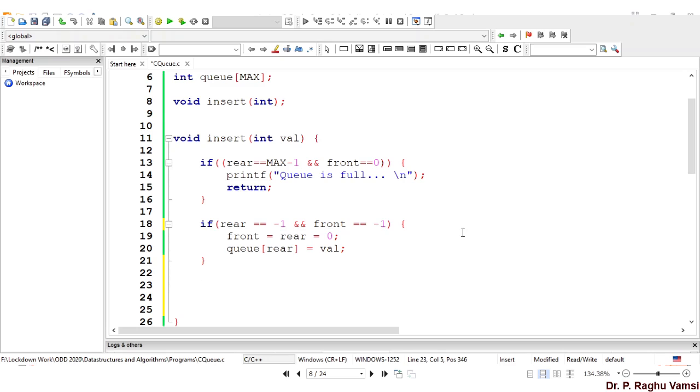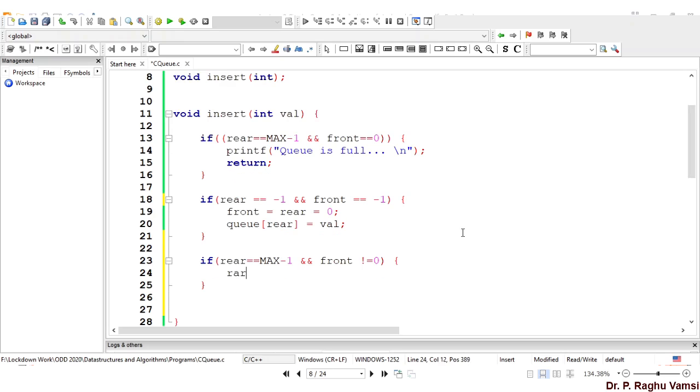Another condition we need to check is if rear equal to max -1, that means almost rear reached the maximum. Now if front is not equal to 0, then we can make rear as 0, then q of rear is equal to value.